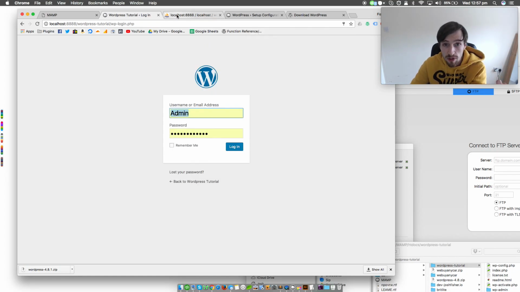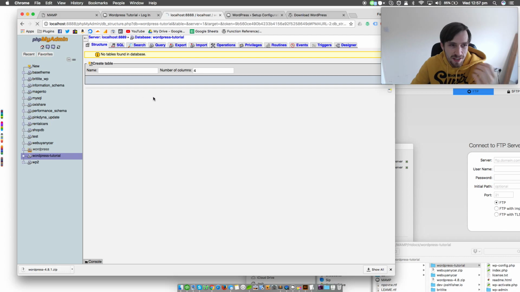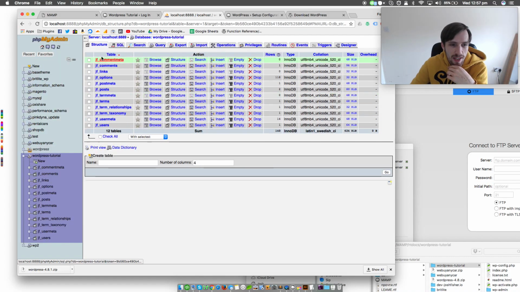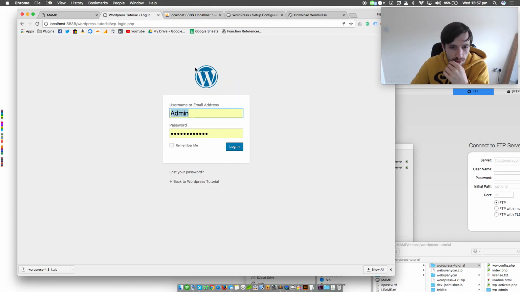Now, obviously that prefix, if we now refresh the page, there we go. So now instead of wp, it's actually put my prefix that I asked for. Now that's going to be more difficult for hackers and people that are trying to exploit WordPress to damage my tables, because they don't know I've called it that. So it's fine. So I can log in with the password I just copied,